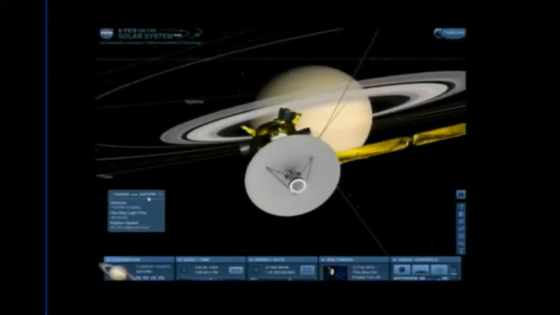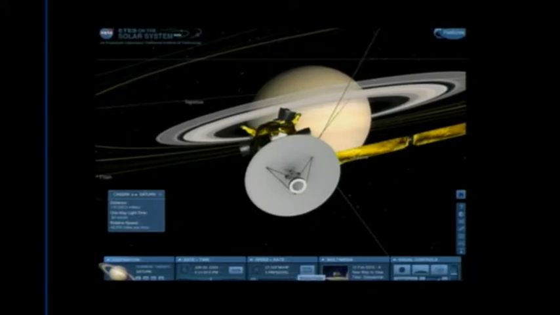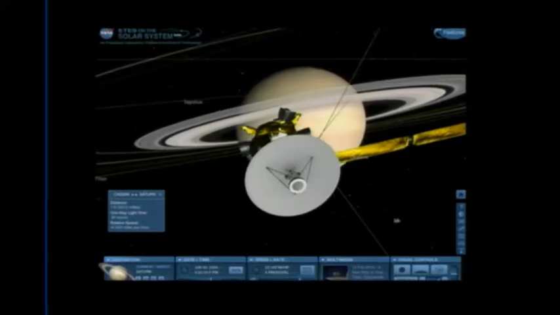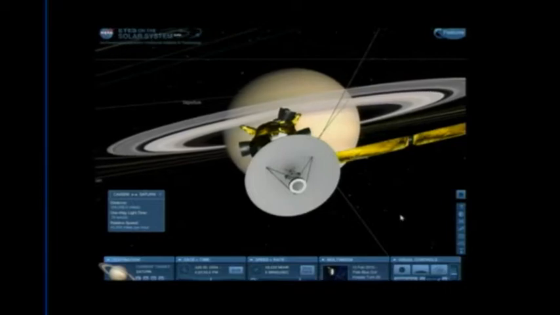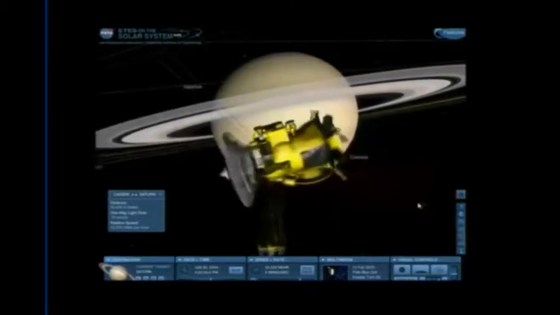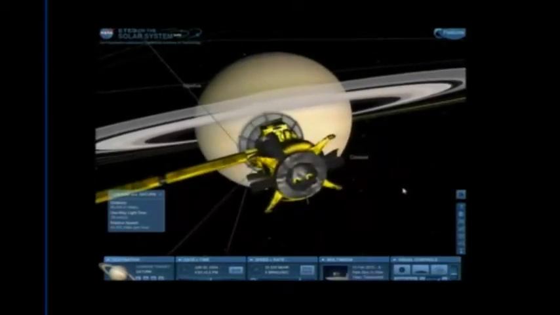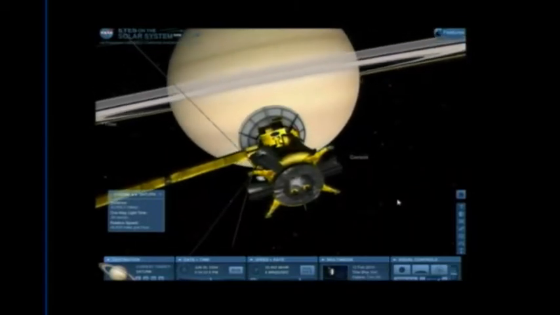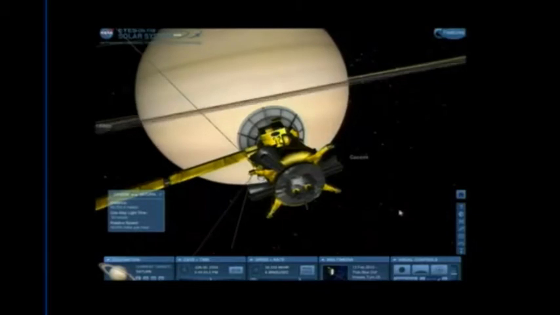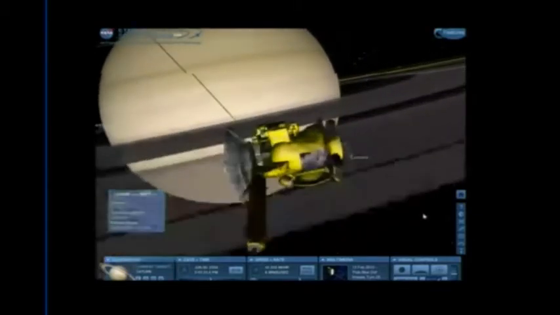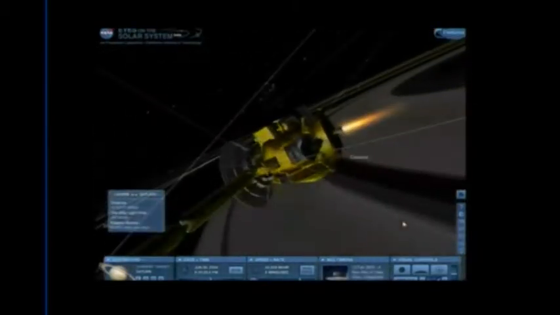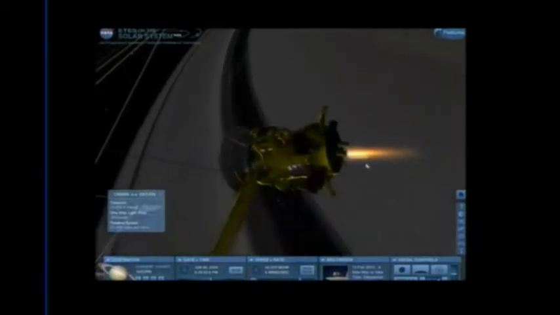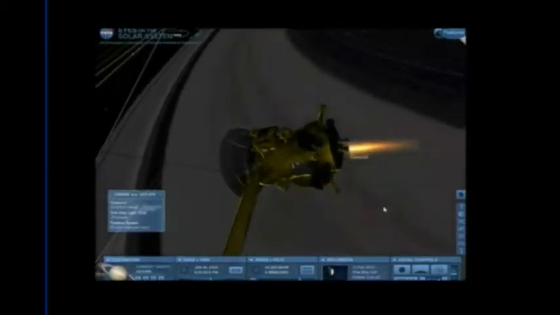Now keep going. Leave that up there. This is kind of fun. And I'm going to speed up again so that we can see what it's going to do. Now, Cassini is going to turn to protect itself. It's going to use the antenna as kind of a shield to protect it from any particles. And by the way, those are the exact motions it made, okay, and the precise timing. It's going to cross the ring plane, and then it's going to turn, and I'm going to turn the camera so you can watch it, and it fired out of that particular engine. It has a backup, of course.